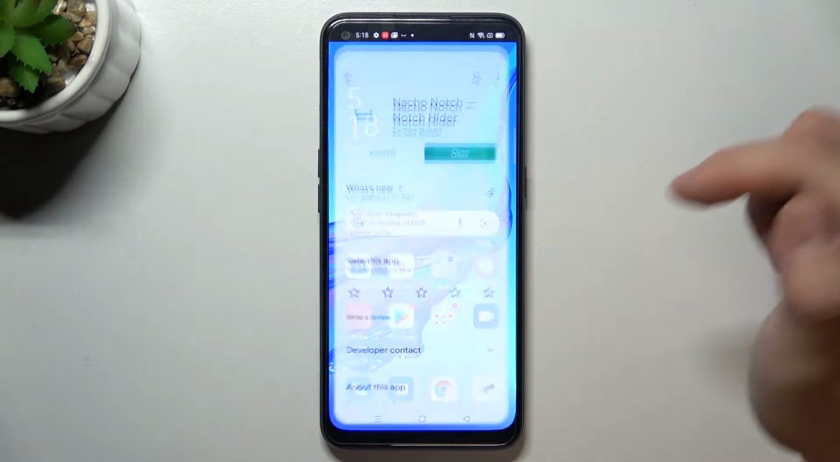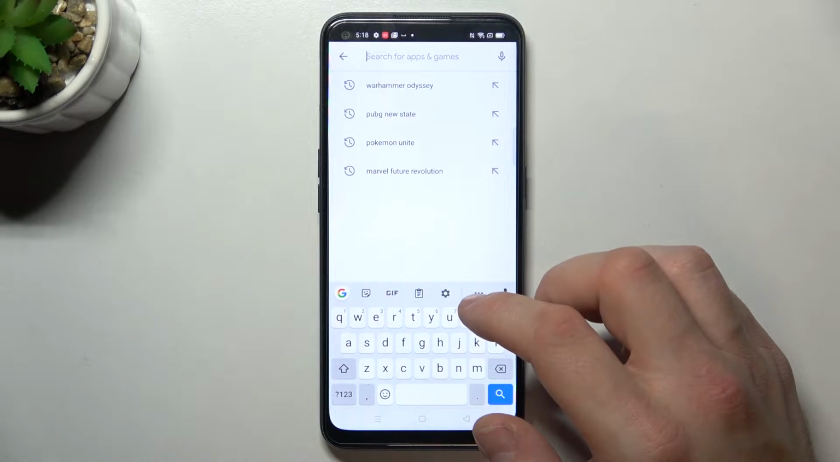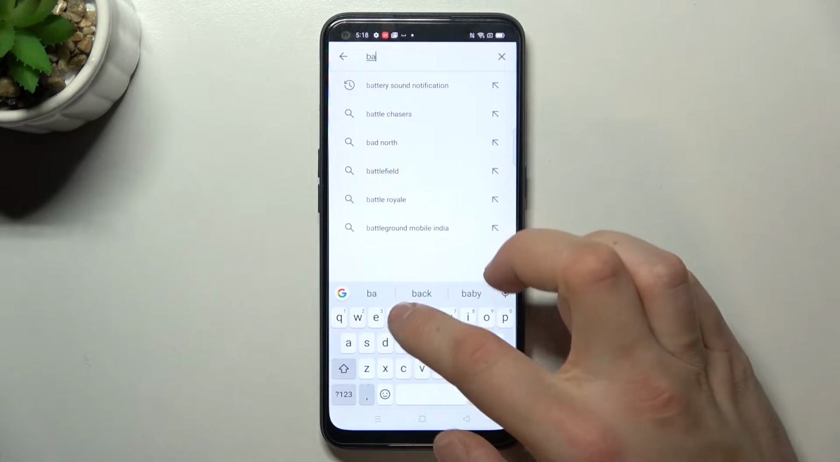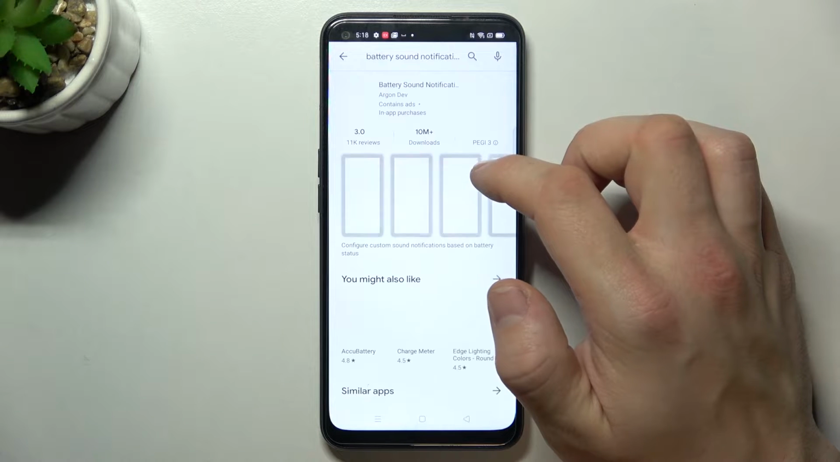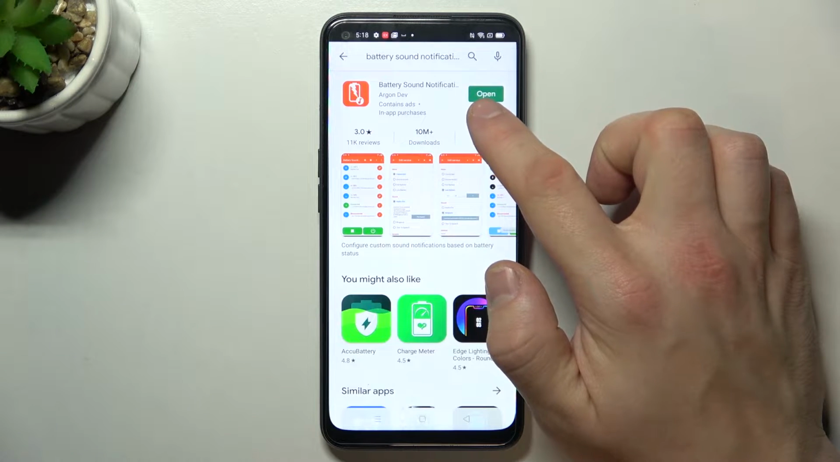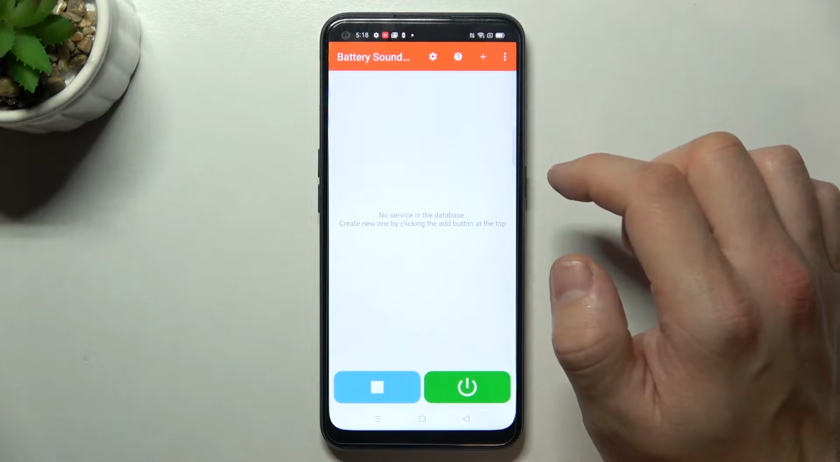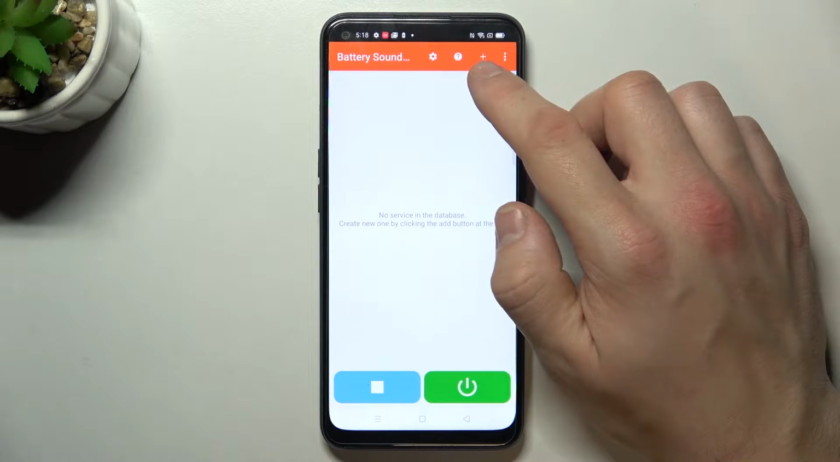In the beginning let's enter Play Store and search for battery sound notification app. Download this app and open it. Now tap plus in the right corner